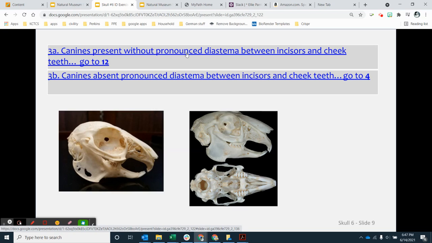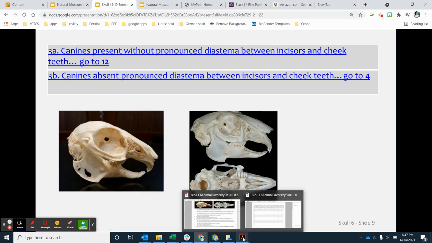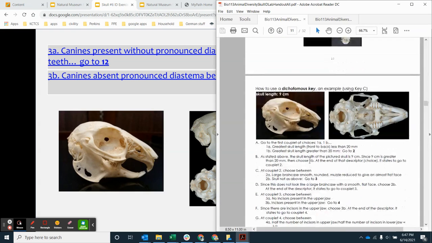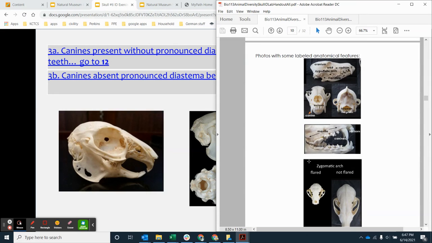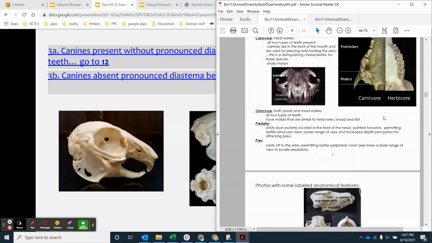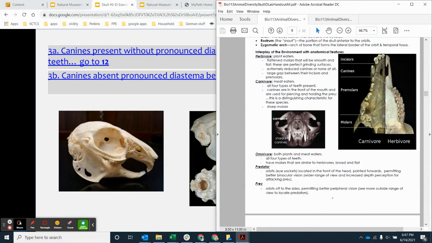Canines present without pronounced diastema between incisors and cheek teeth, or canines absent with pronounced diastema between incisors and cheek teeth. So now you need to know what a diastema is, right? And for that, we're going to look back into this. So we have incisors, but do we have canines on this? Canines would be these teeth that stick out like that. And a diastema is